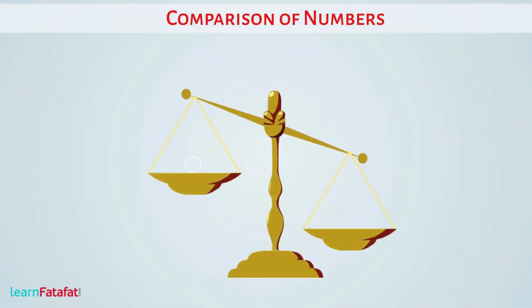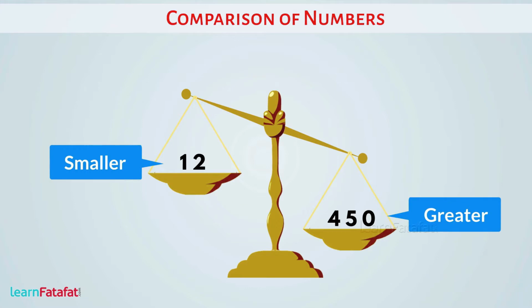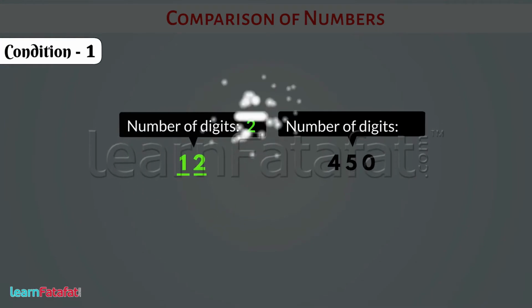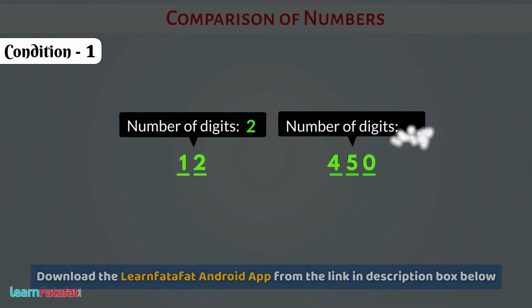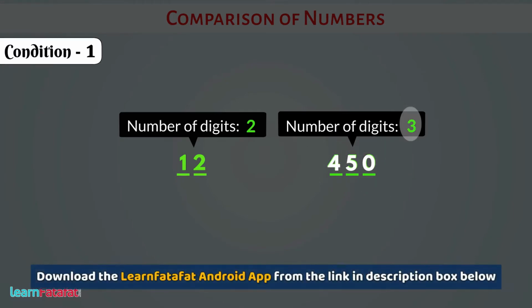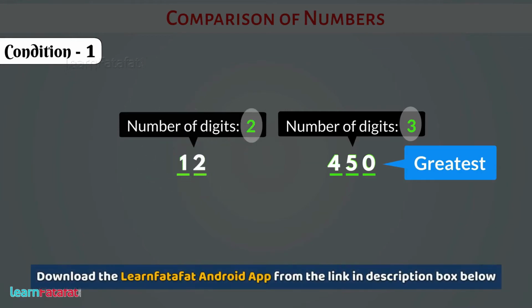By comparing numbers, we can find greater and smaller numbers. If number of digits are different, then the number with greatest number of digits is greatest number, and the number with the smallest number of digits